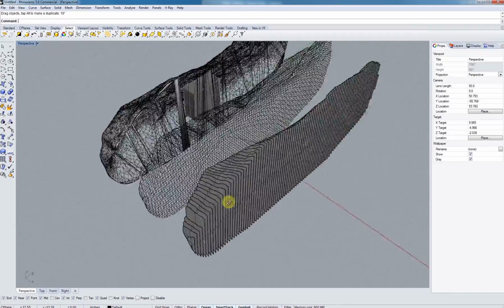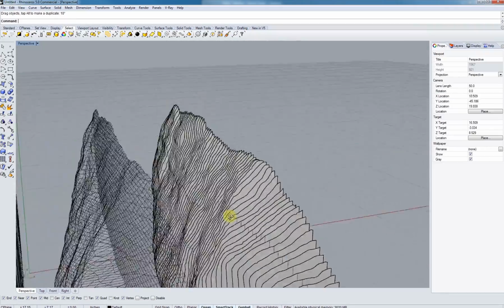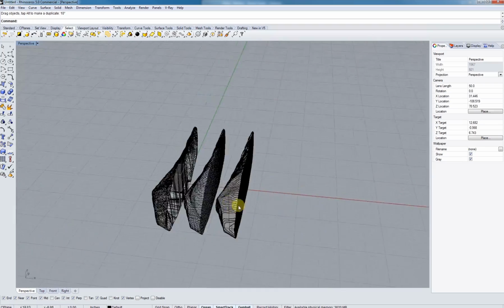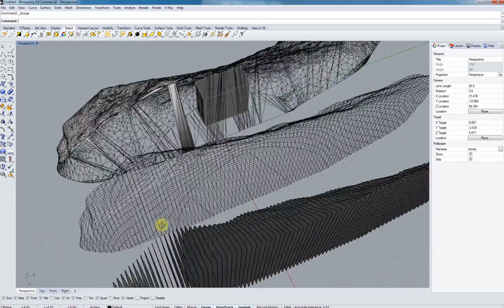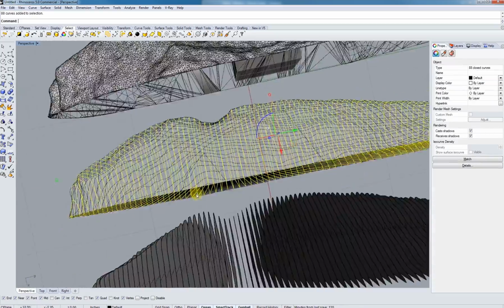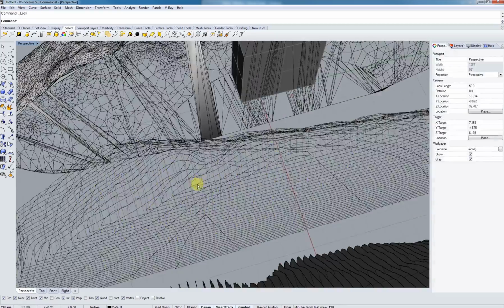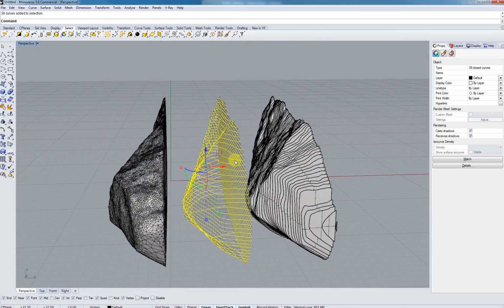This might take a little while because there's a lot more detail to these. And I'm just going to go to my Select tab here. This button here will be Select Last Created Objects. And basically, we take those and move them over. These are our surfaces we're going to be working with. And as you can see here, it's pretty detailed on the contours here. And I'm just going to group those